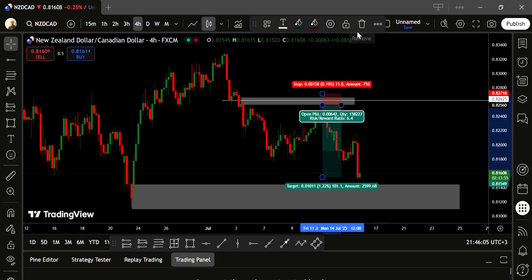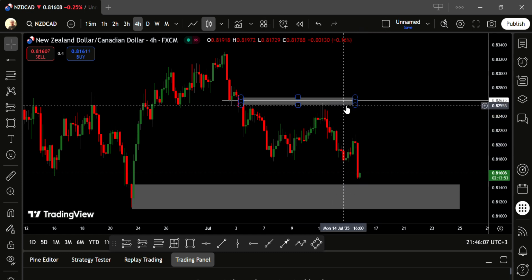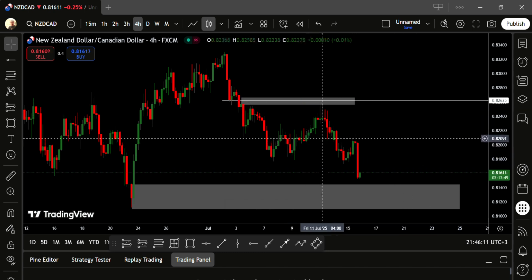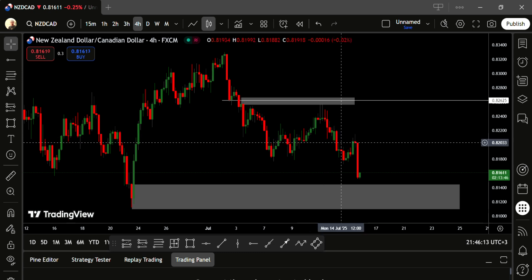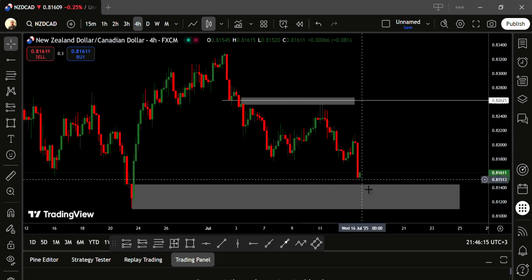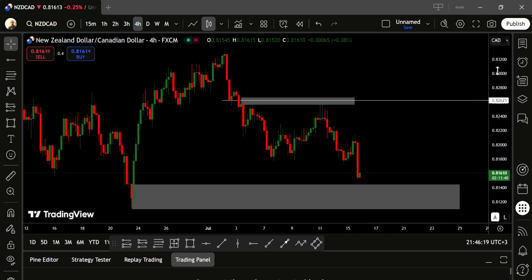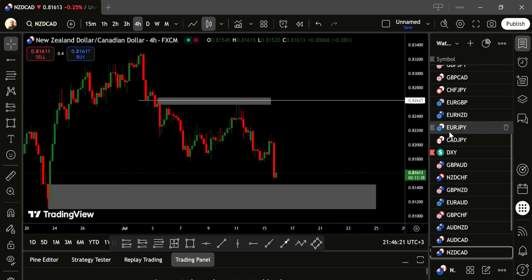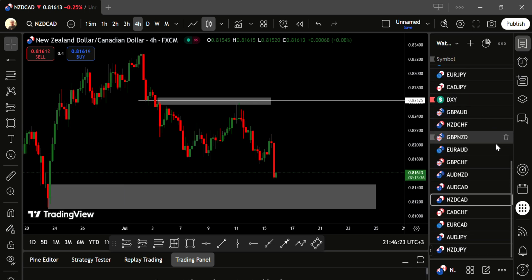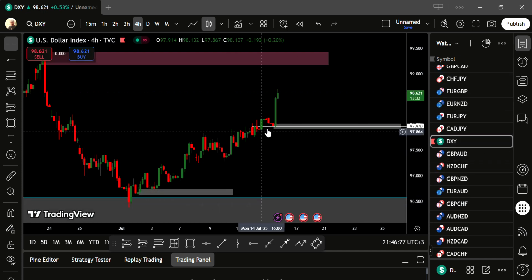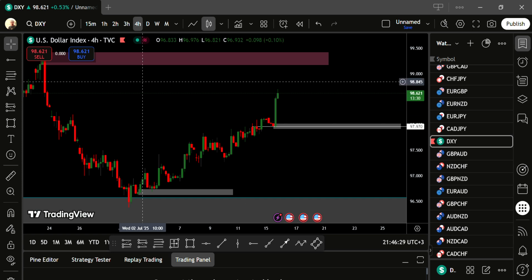USD and NZDCAD. There was also another demand zone here that was used, but this is not one I would use. So we are waiting for price to come and mitigate this area, and then we shall be taking it to the upside. However, that is not the topic for today. The topic for today is the setups that have happened so far this week. So we have one on this is